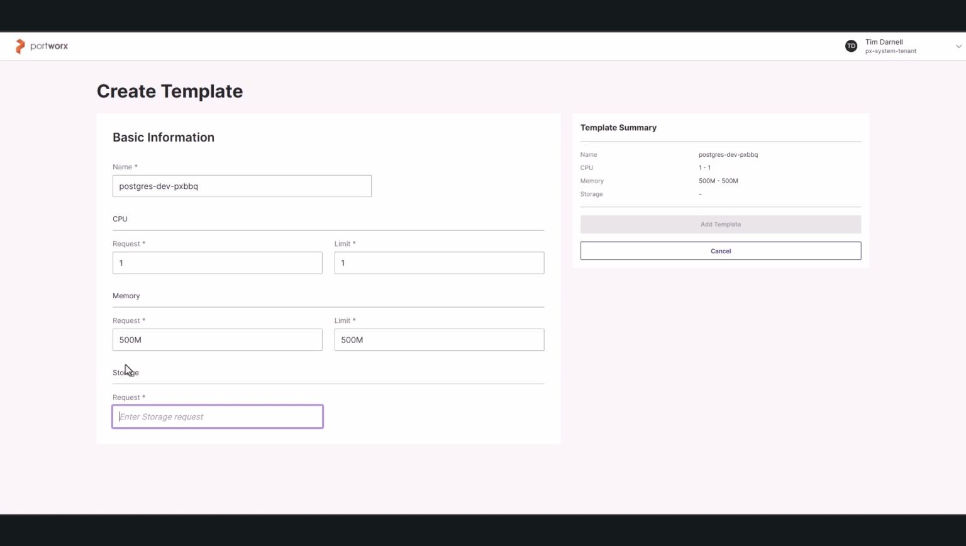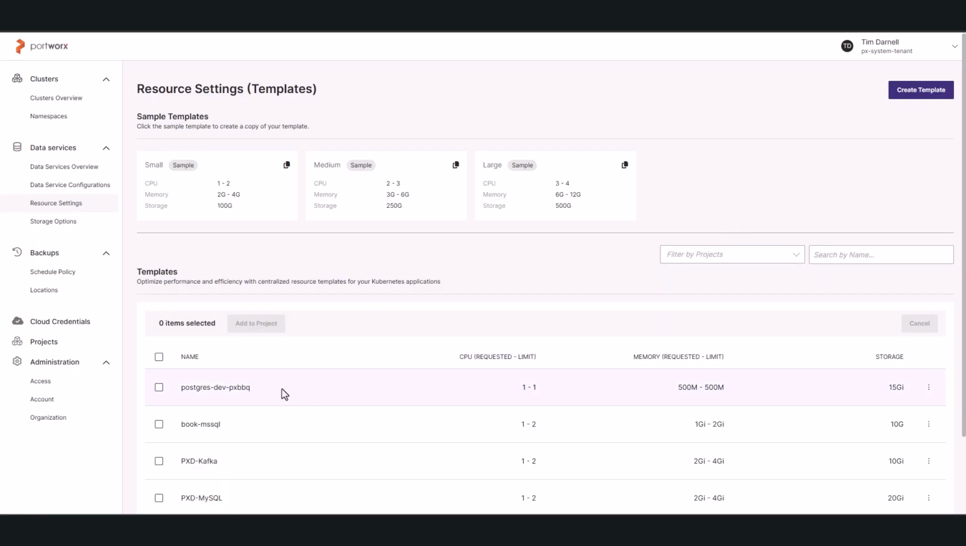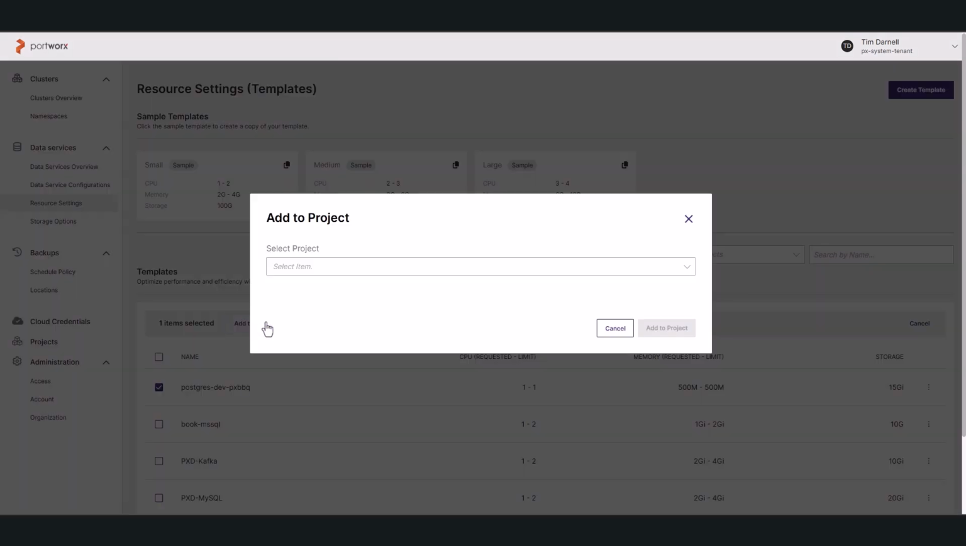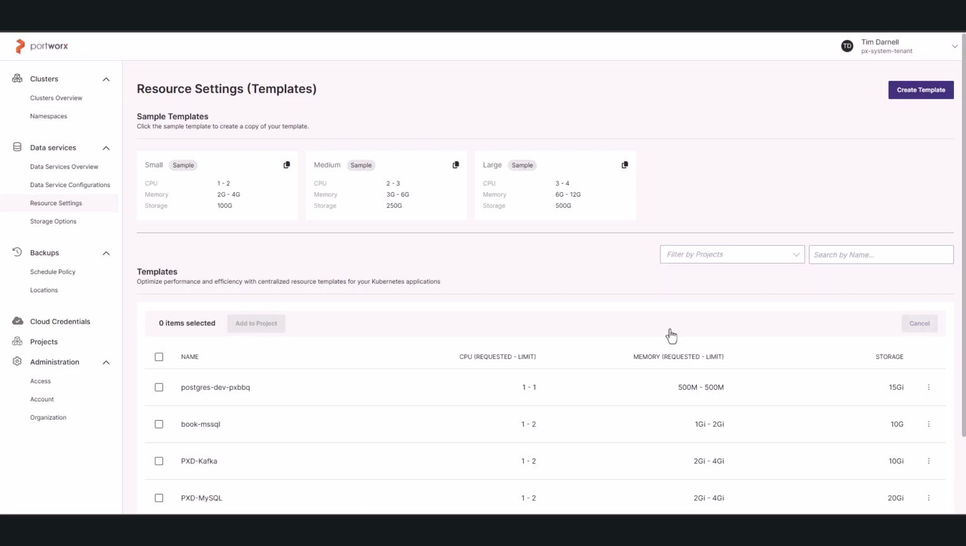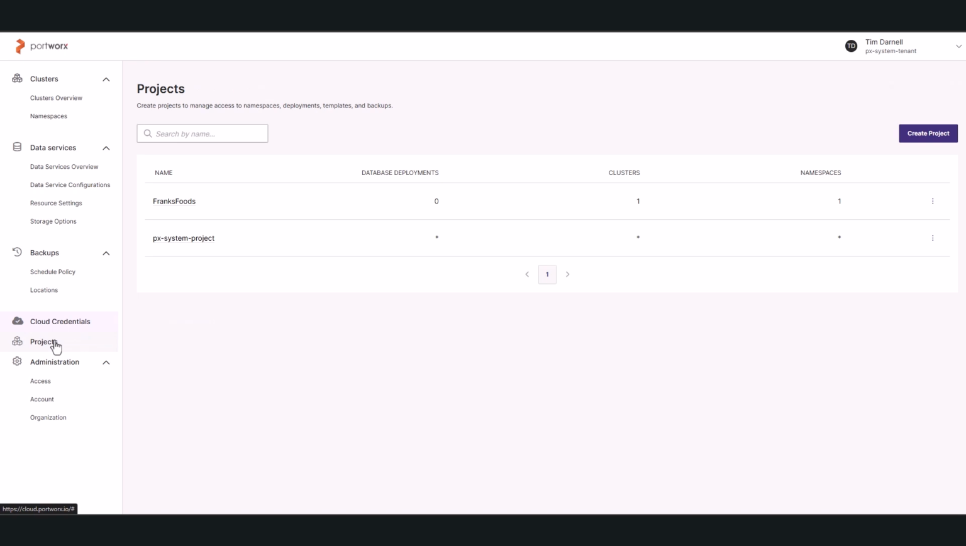And we'll just say 15 GI for a storage PVC for each instance for Postgres. So we can see that our resource setting template is there, but I need to assign it to a project. So I'm going to select it, add it to a project, and let's select our Frank's Food project and click Add to Project. So none of those other ones that you see below there will actually show up in Frank's